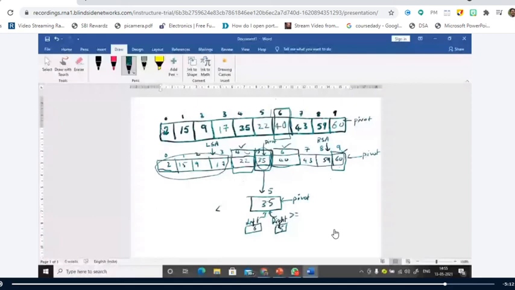This incrementation should be repeated until you come across an element which is greater than the pivot. And when you go for the right pointer, if the element pointed to by the right pointer is greater than the pivot, you just decrement the right pointer. And this decrementation should be continued until you come across a position where you find an element which is